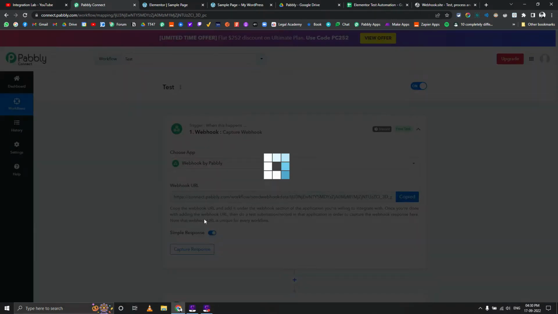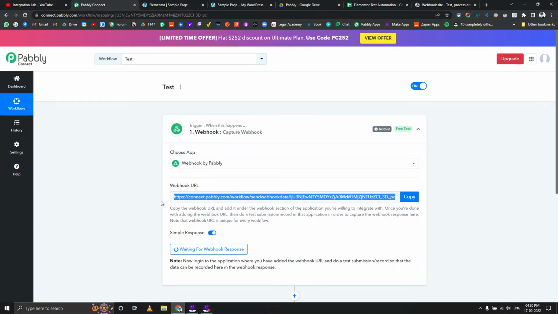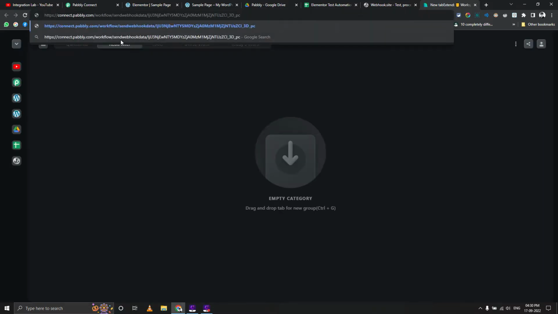So we are just going to copy the webhook. Now the easiest way to trigger a webhook is to just open a new tab, hit Ctrl V, add a question mark and type, let's suppose we want to send some test data, right? So let's say name is equal to Fagun. We also want to send a message there, hi,